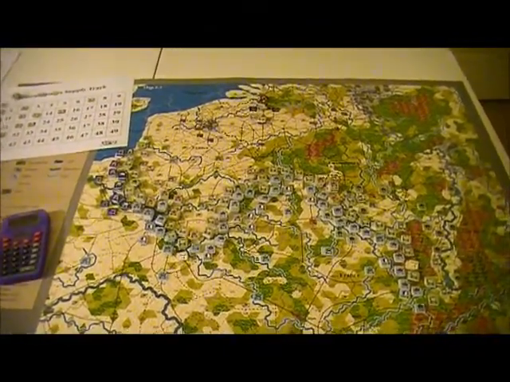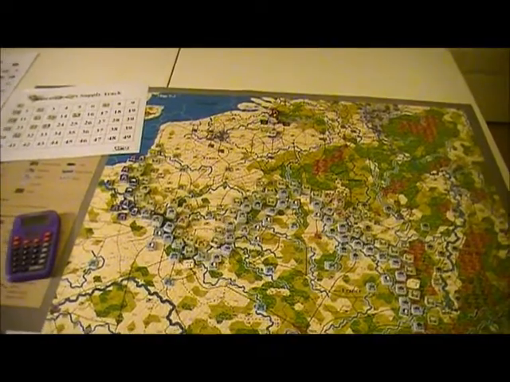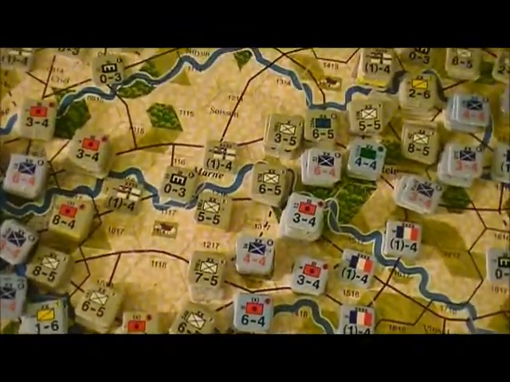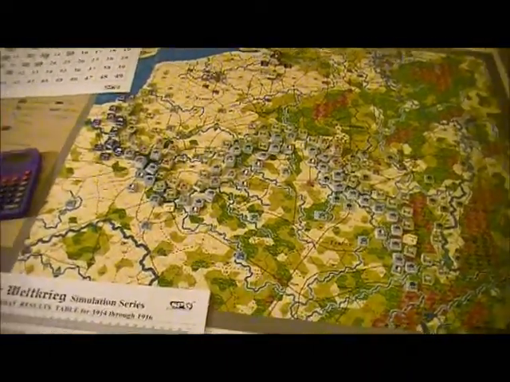And we've seen before where it's much, much easier. They got a massive 6 on their die roll. With the -2, it ended up doing 21 points of damage. That was exactly the number of strength points the Germans had in this location, so it only did 14 points. The Germans came back and did 8 to the French. But this is